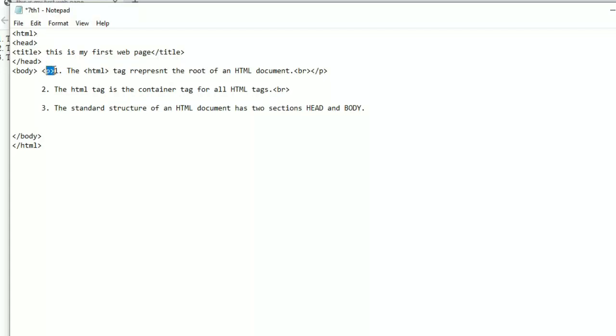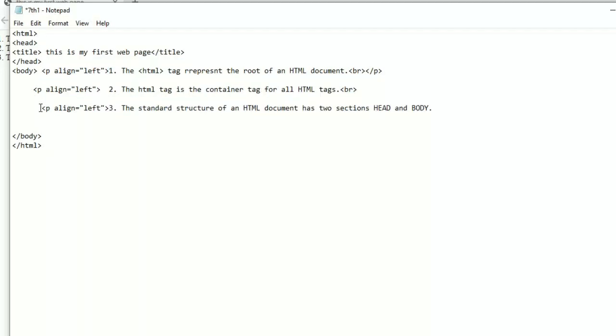Then we use the alignment attribute for the P tag: align equal to left, and the same way we use right and center for the lines given below. So P tag and again P tag.